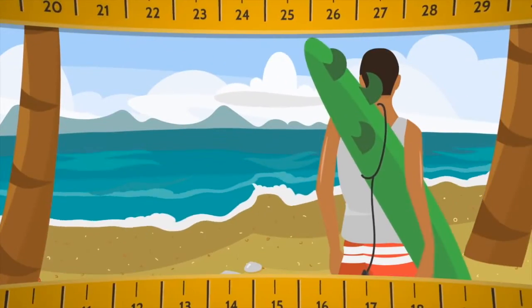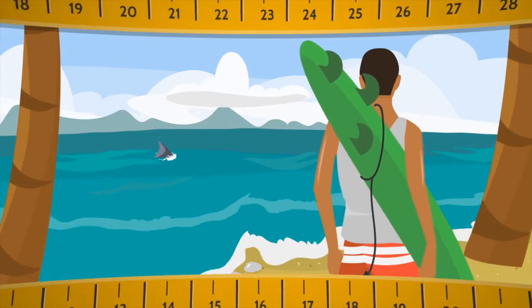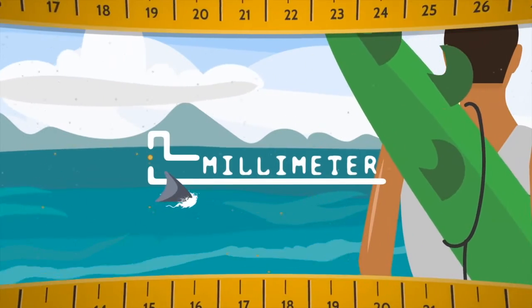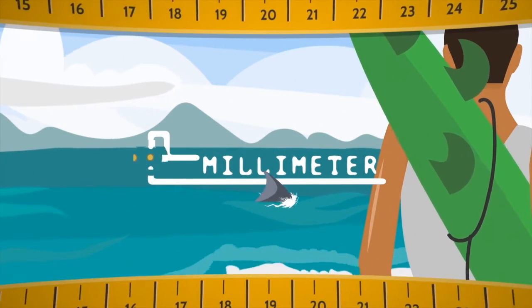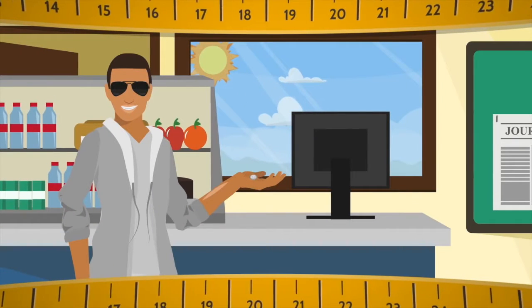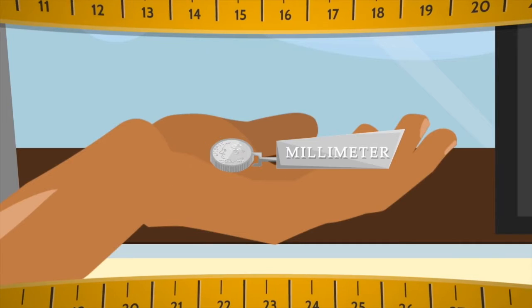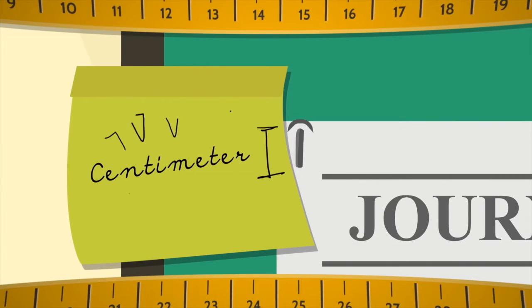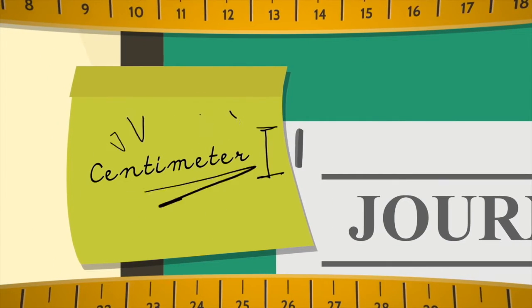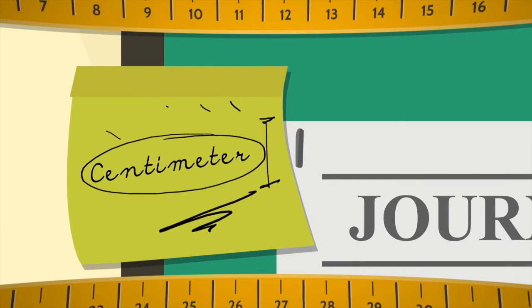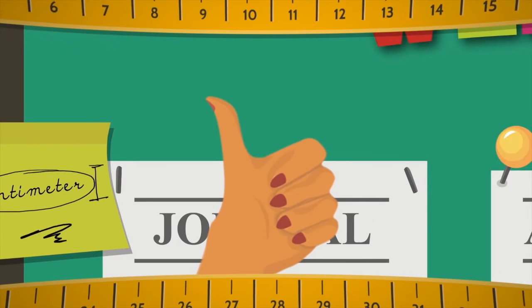A millimeter, you can understand, is about as long as a grain of sand. When you buy food at lunchtime, it's about the thickness of a dime. A staple from side to side is about a centimeter wide. A fingernail on a girl or